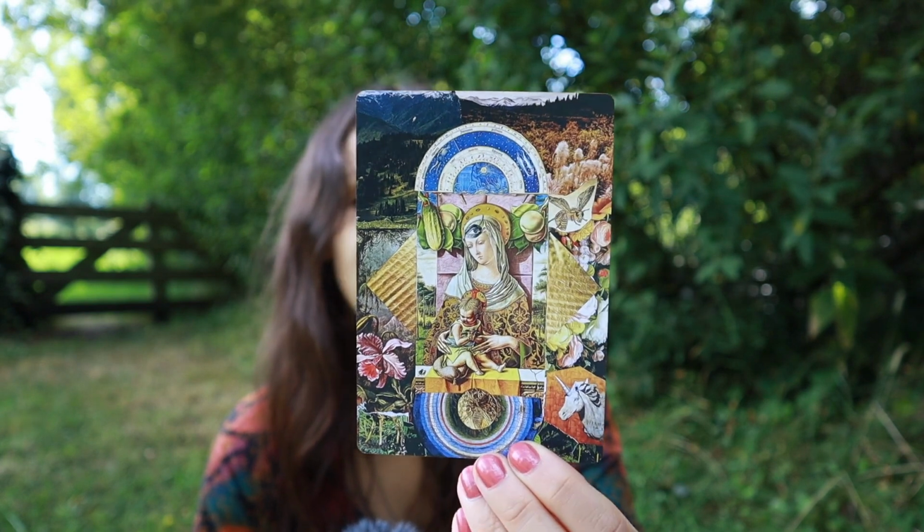That's probably the main thing that I like this deck so much, because it's a good mix between culture and nature. Now, with all this earth in here, at the same time, I see quite a bit of fire in it as well. I realize I purposefully highlight the Toth influences in this deck, the Toth aspects in this deck,